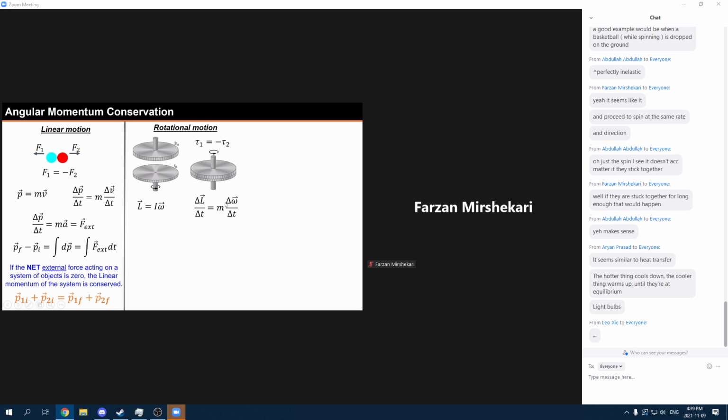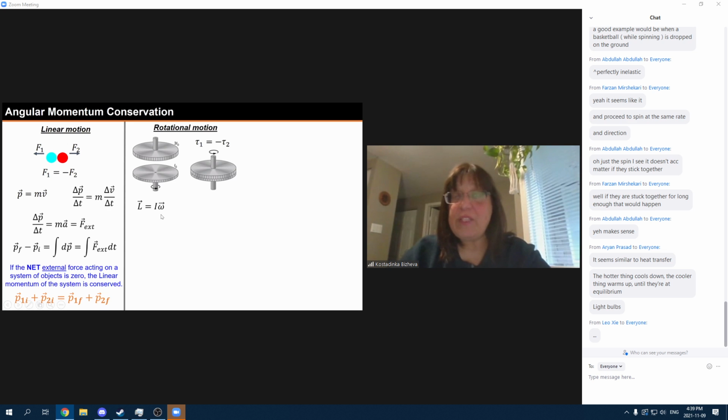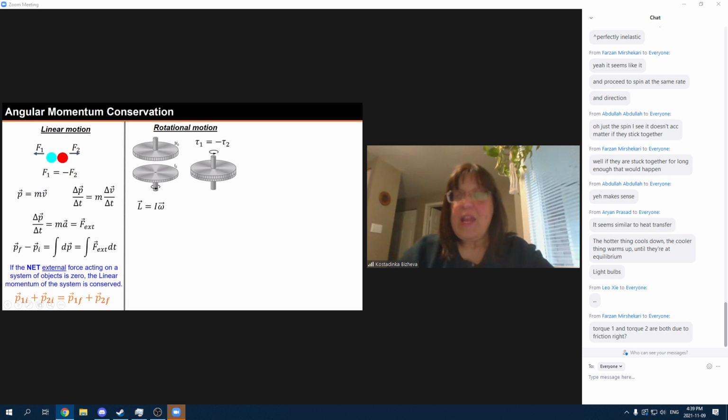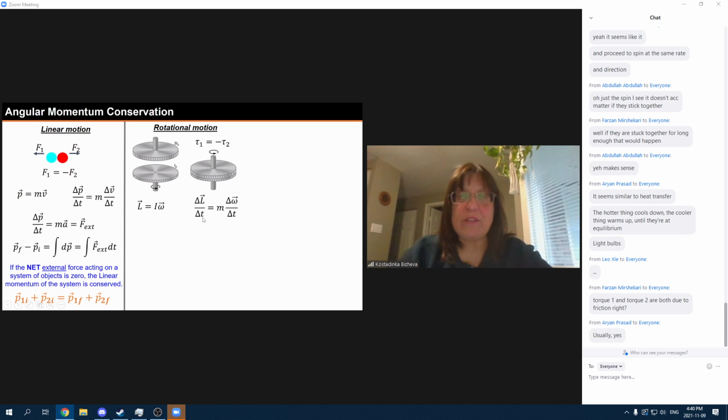Now, what we're going to do is we're going to derive the angular momentum conservation law in a very similar way as we did the linear momentum conservation law. So we're going to start with the definition for an angular momentum, which said that L vector is going to equal the moment of inertia times the instantaneous omega. And then we're going to differentiate this equation with respect to time. So then the rate of change of the angular momentum over a collision or an event that takes an amount of delta t to happen is going to equal to,